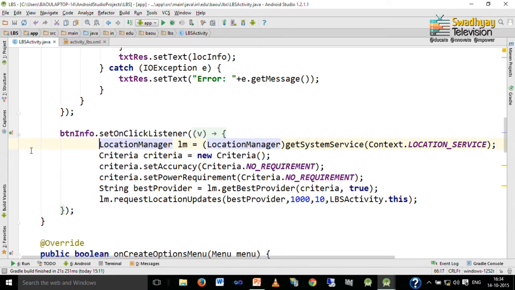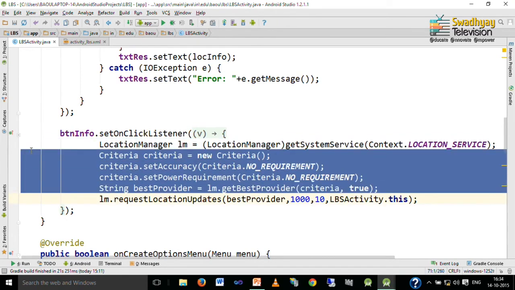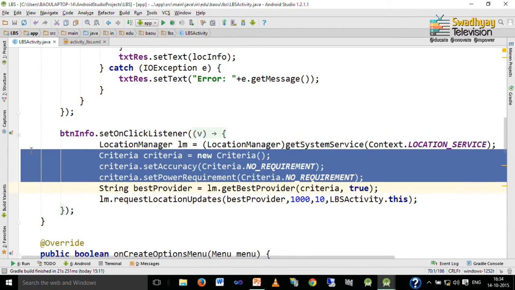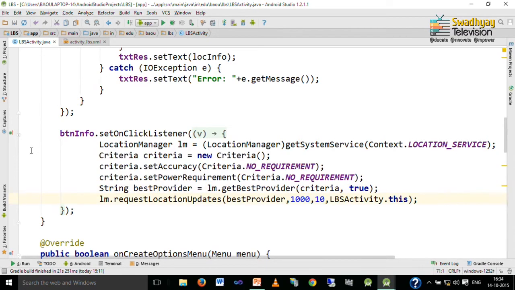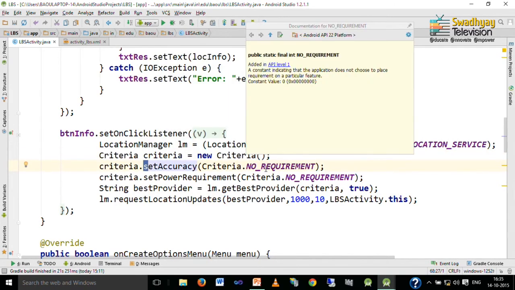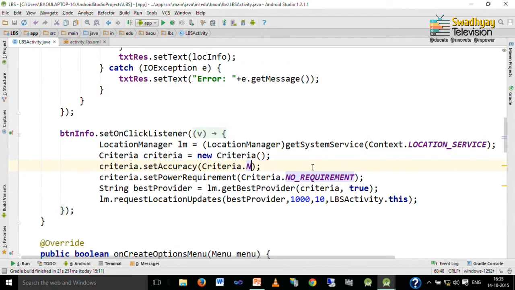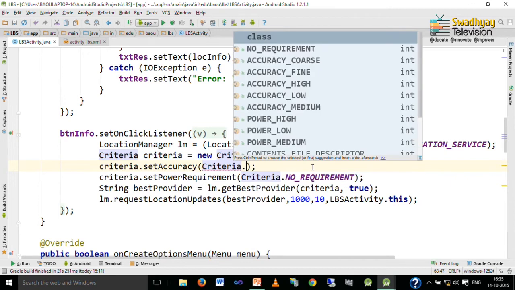The first line specifies instance of location manager. Then there is one object of type criteria. Now, these criteria will specify accuracy for us. So, here we write down criteria is equal to new criteria, and then we can set accuracy. Now, here we write down no requirement, but there are other constants also that you can see on screen.